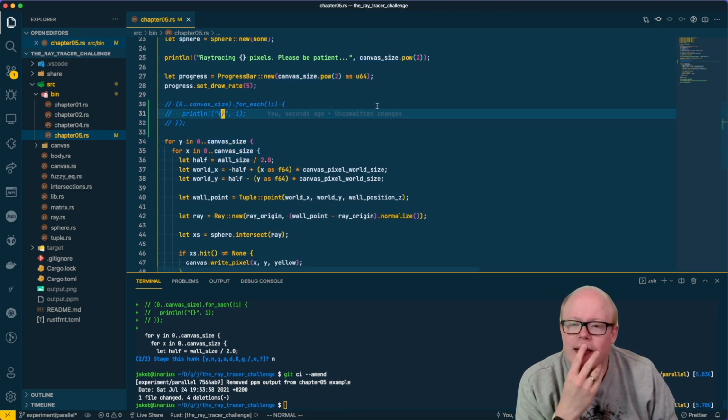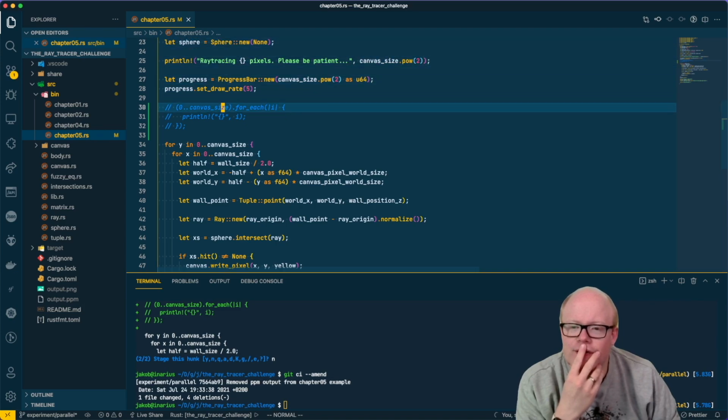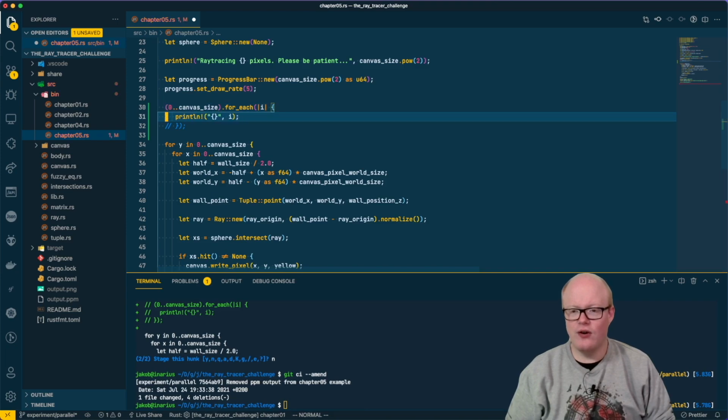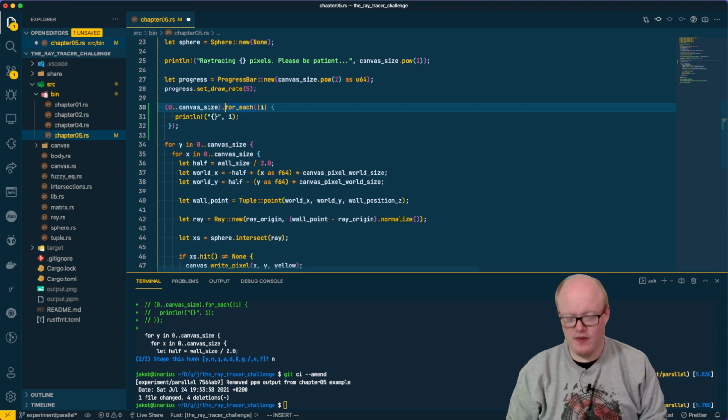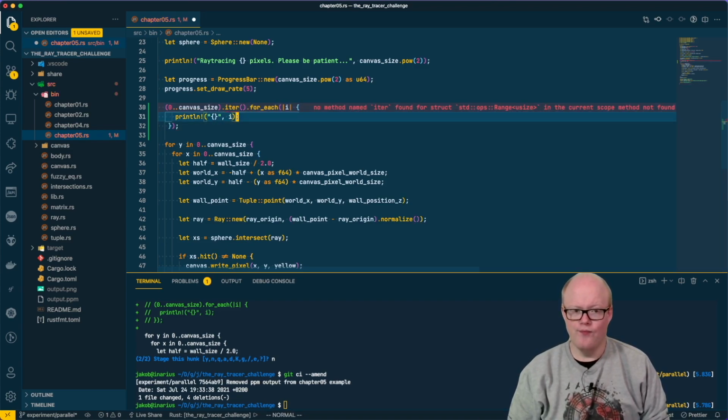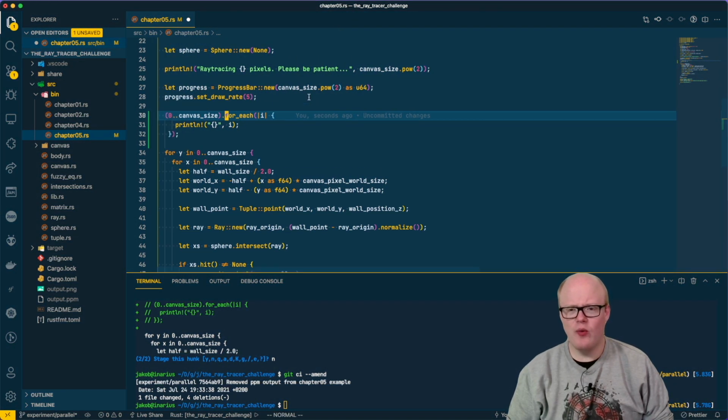Okay, so we can actually kind of iterate, it seems. Oh, this is an iterator. So yeah, but if this is an iterator, can I call iter on an iterator, or how does this stuff work? Of course, this does not work. So maybe let's see how we can